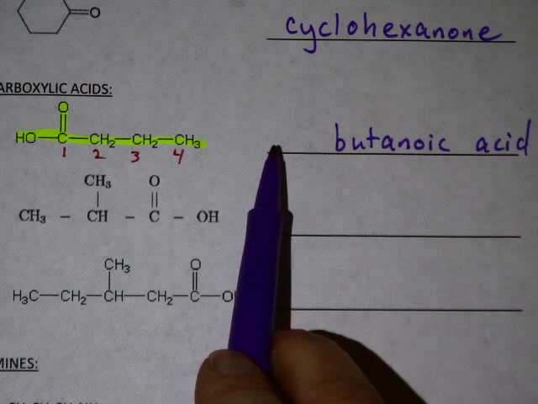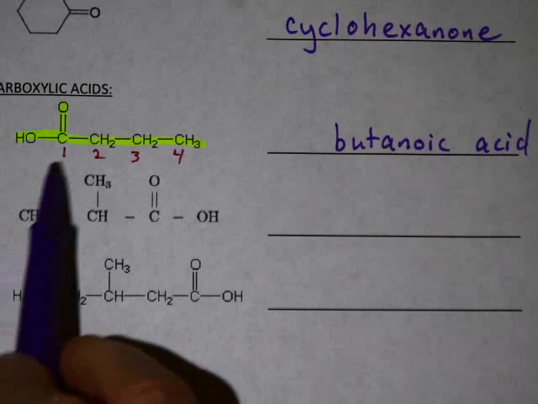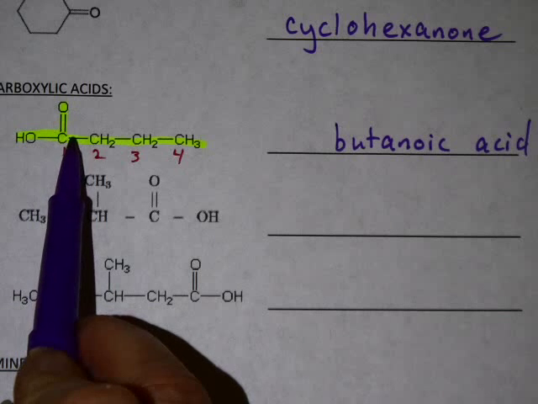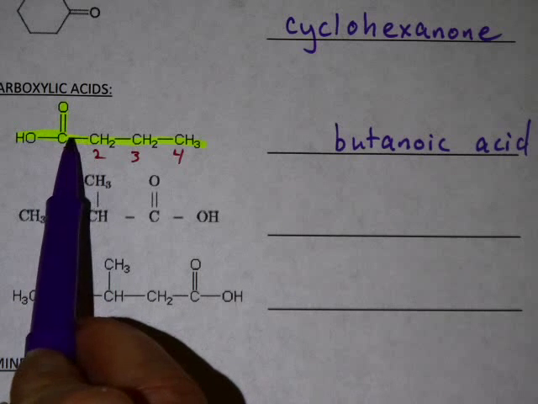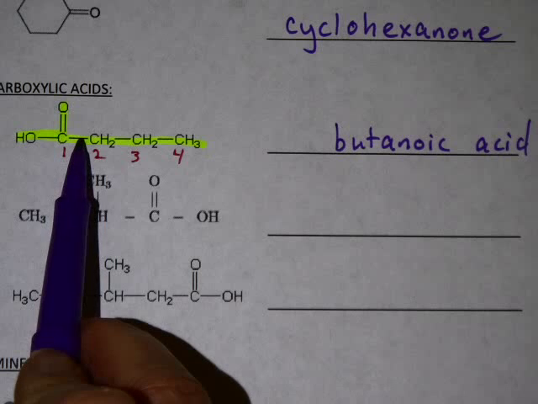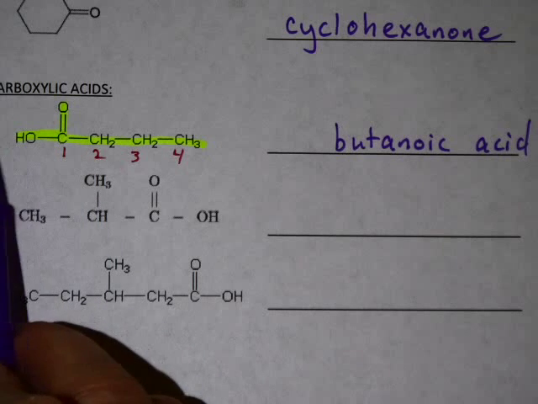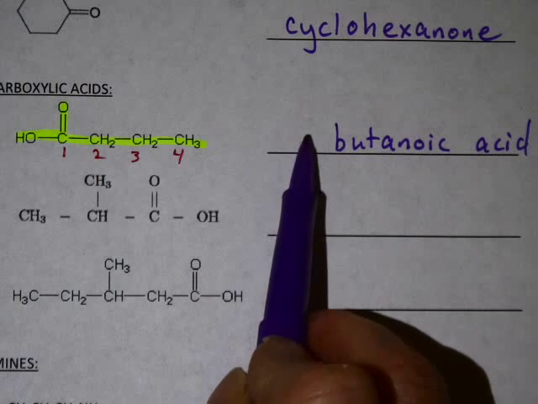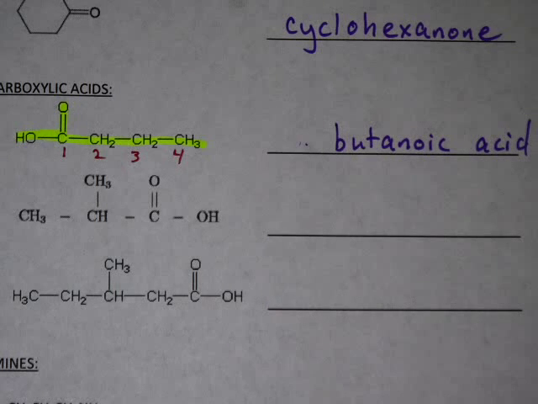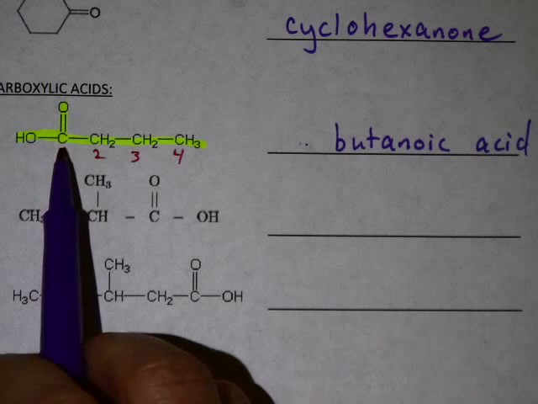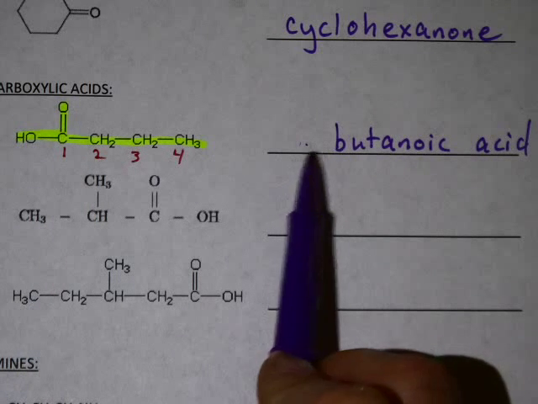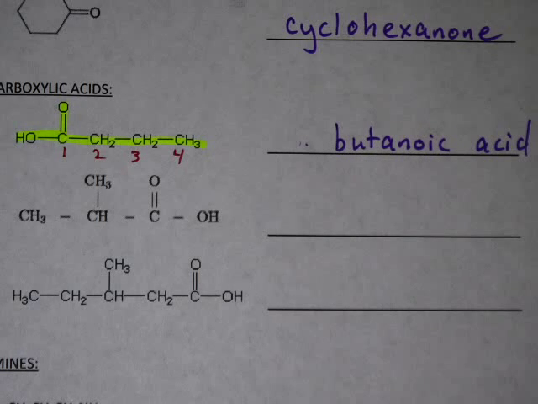And once again, just like aldehydes, carboxylic acid has to be at the end of the chain. It only has one bond that it can use to attach, so it has to be at the end of the chain. It can't be in the middle. So for that reason, there's not a number 1 right here. There's no other place for that functional group to be. It's always on the end. So this is not a 1, it's just plain butanoic acid.